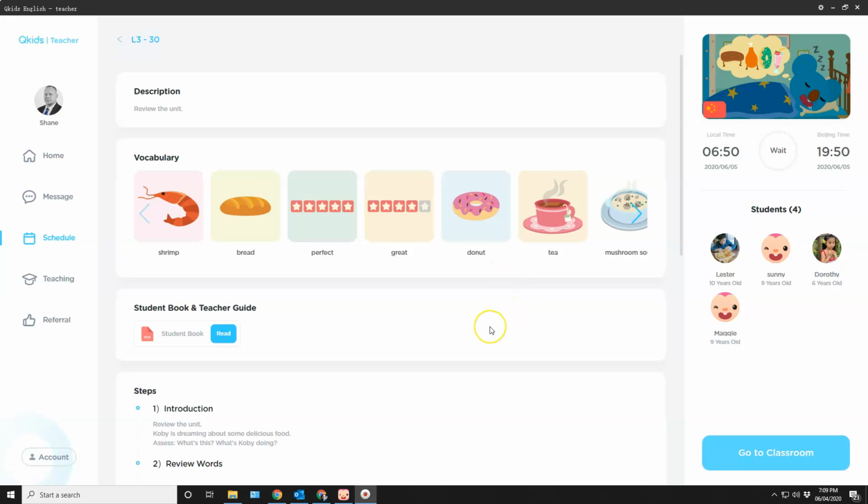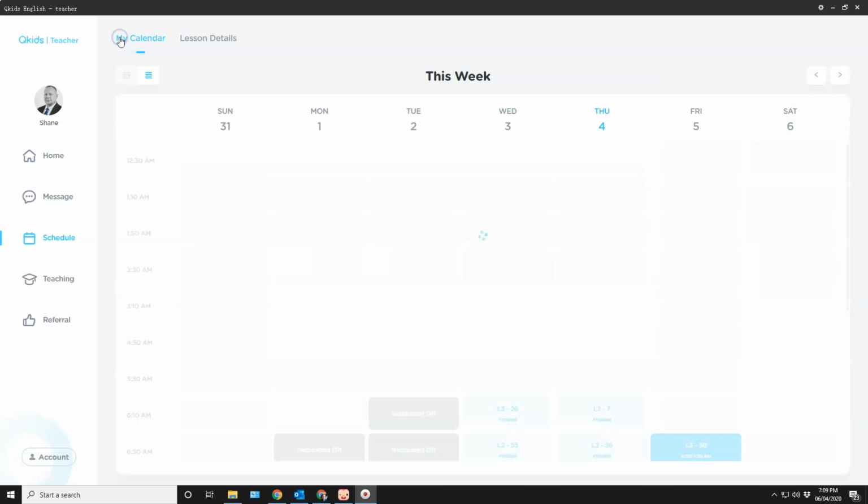Now, it's probably not a good idea to do that a day or two in advance because sometimes they'll change the class on you. But if I get up in the morning, I'll go through and open up all of my classes for that day, just so I know that they're downloaded. So that's a good habit to get into, if you have the time for it. So that's what I do.